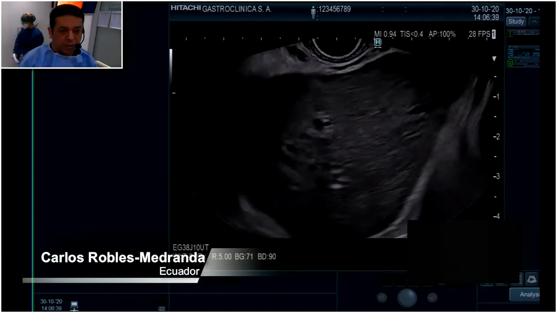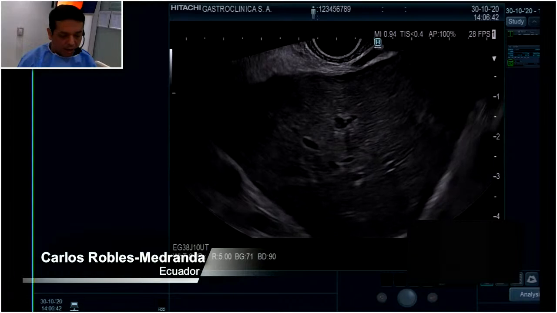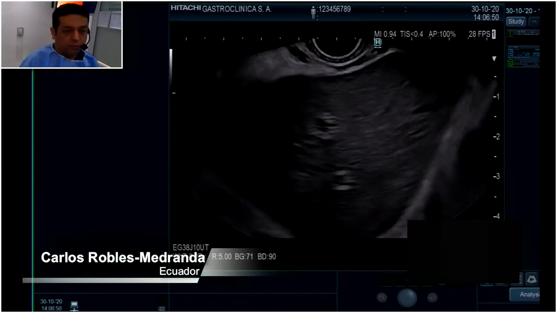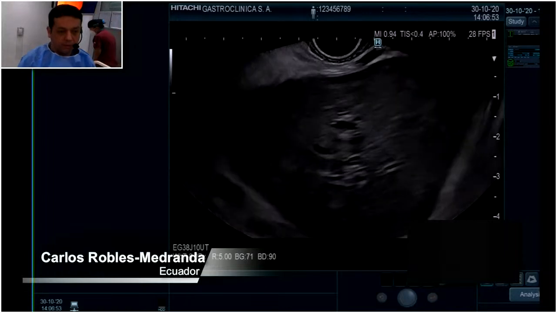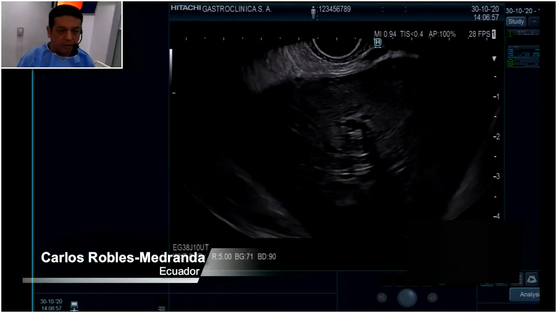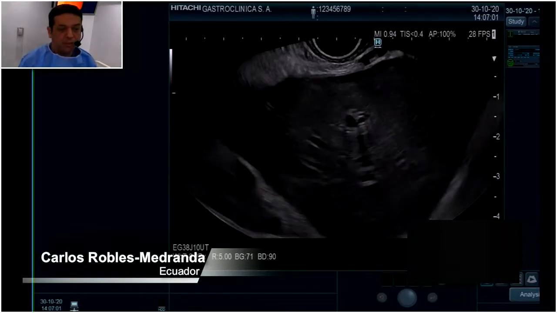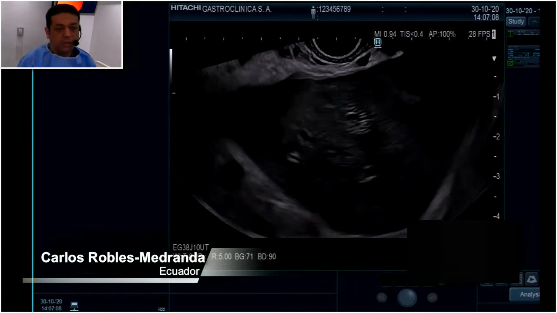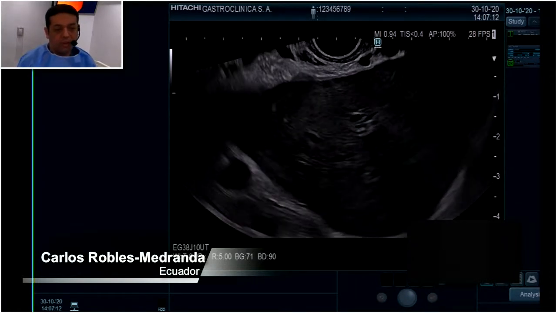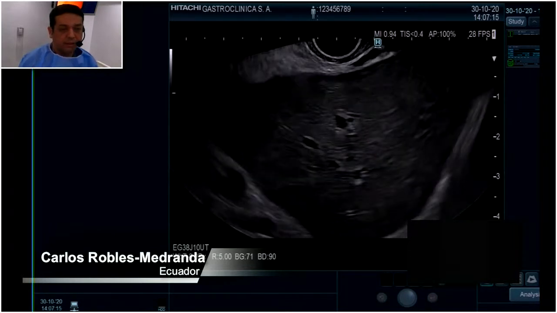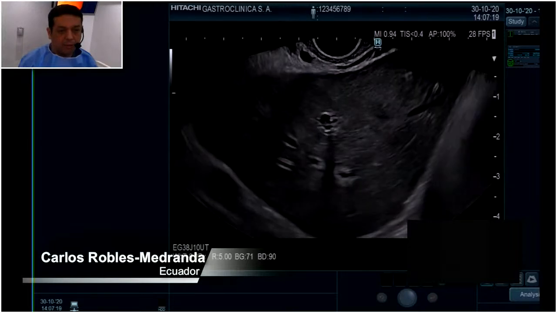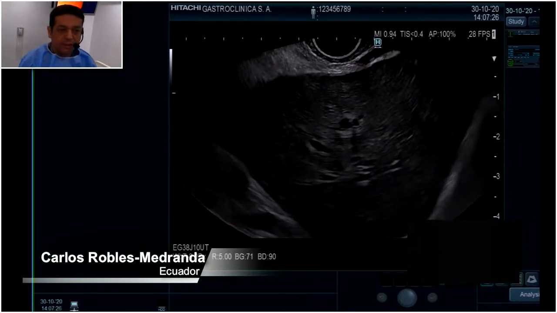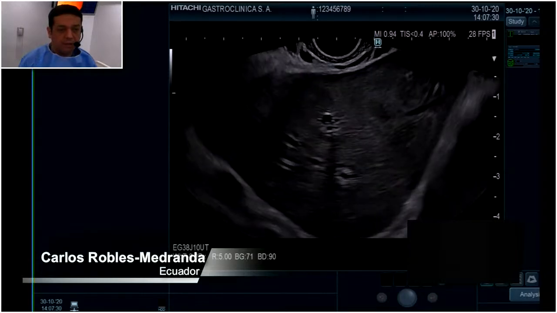You need to remember that the Shear-Wave technology in the evaluation of the liver has a lot of advantages, especially to predict the evolution of the patient. For example, if this patient has a very hard liver tissue, the risk of development of hepatocarcinoma or the end of the disease is higher than with less hard tissue. So Shear-Wave is a technology that can give us a quantity in kilopascal of this tissue,